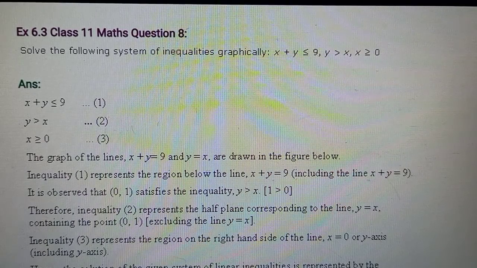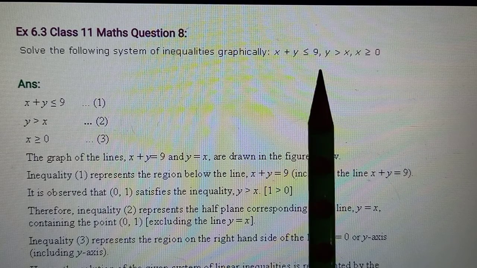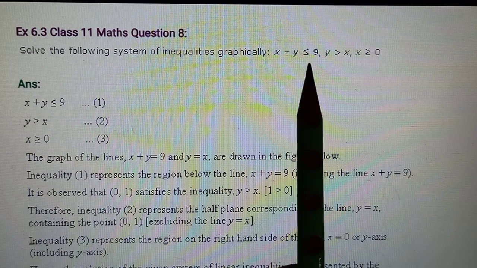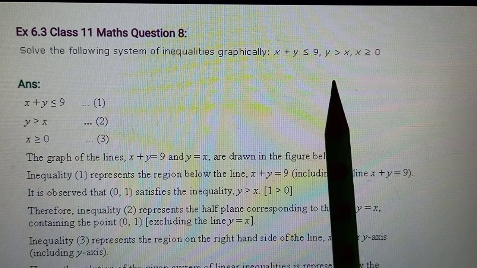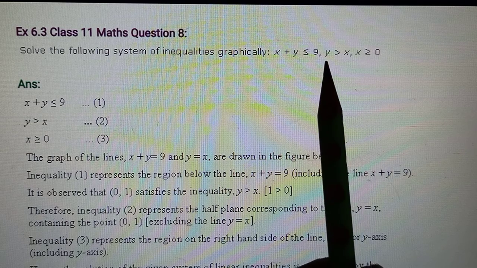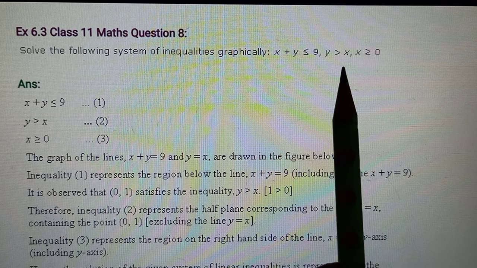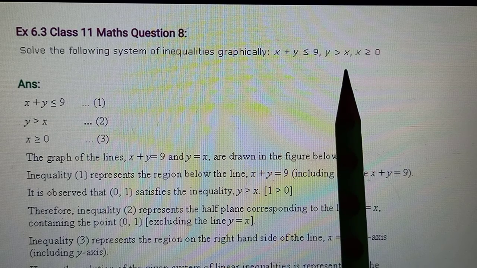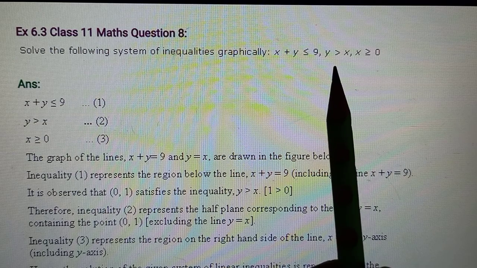Next, if you look at the eighth one, here we have graph x plus y is smaller than equal to 9. So that's easy enough. Again, if you put 0, 9, 9, 0 से pass होगा and equal to sign is there, तो complete line आएगी. And the other inequality given to you, y is greater than x. Okay, again इसमें constant term नहीं है and constant is 0, so this would be passing through origin. Alright, and of course it has to be a dotted line because equal to sign is missing.